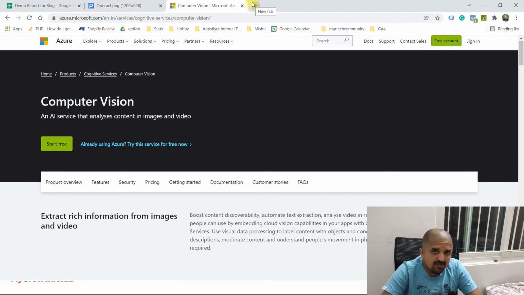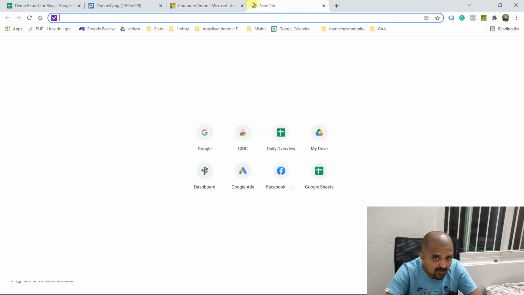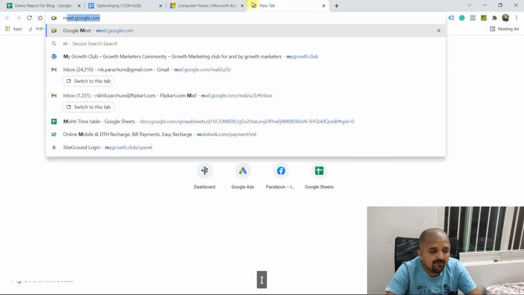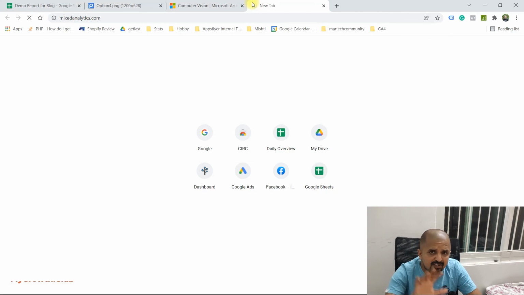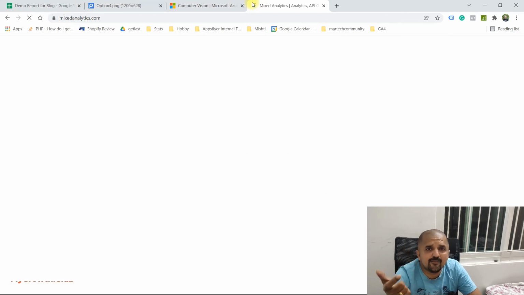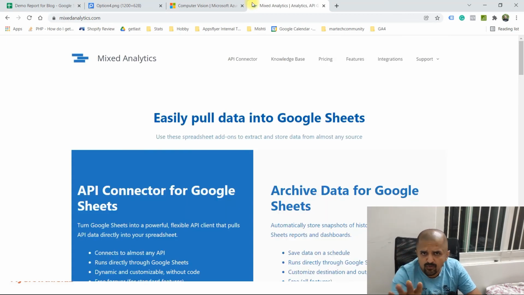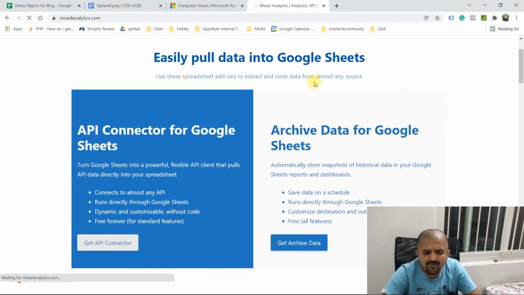The second thing you need, if you are not a coder, is Mixed Analytics. Mixed Analytics is a tool which will let you query any API that you want, including of course the Computer Vision API by Azure. You need to sign up for this. Again, this has a free version as well as a paid version. In the pricing, you can see it's not a very expensive tool.